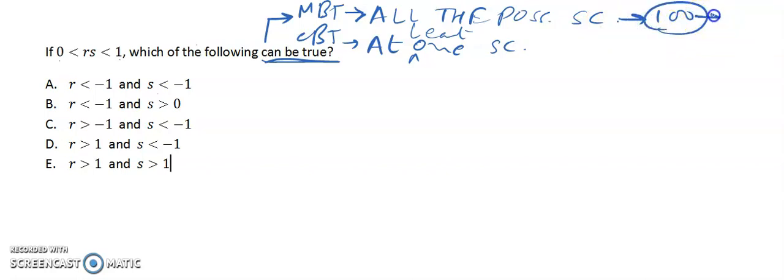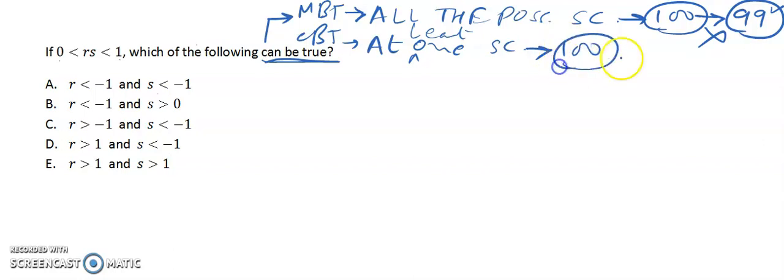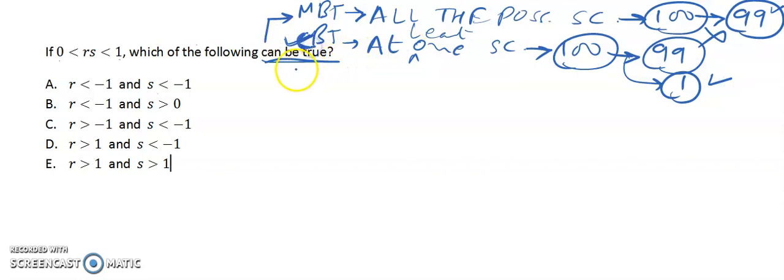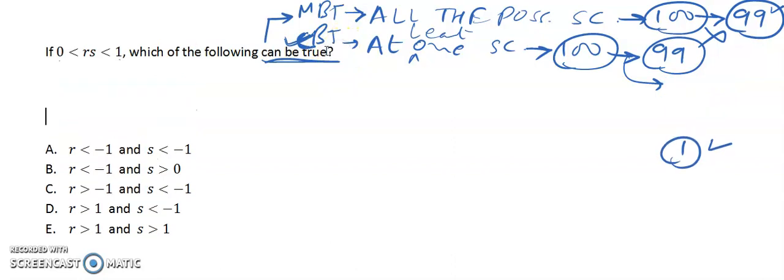So for a must be true question, if the option is correct for 99 cases, then this is not the correct answer. And in case of a can be true kind of question, if there are 100 possible scenarios and it is incorrect for 99 scenarios but correct for one scenario, then this qualifies to be the correct answer. So this is a can be true kind of question. With this understanding, let's